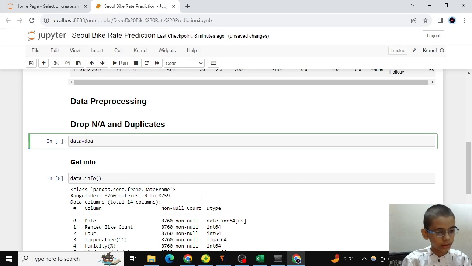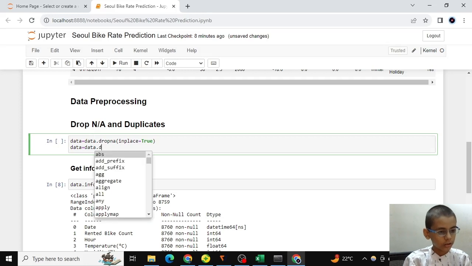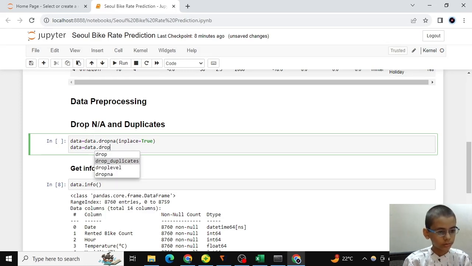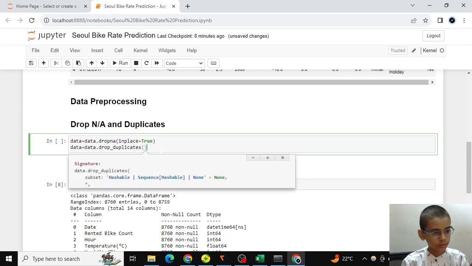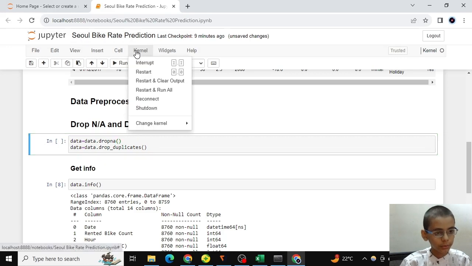Data is equal to data.drop_duplicates. And we don't need to do inplace equals true because we have stored that in our data, and otherwise it will be null.